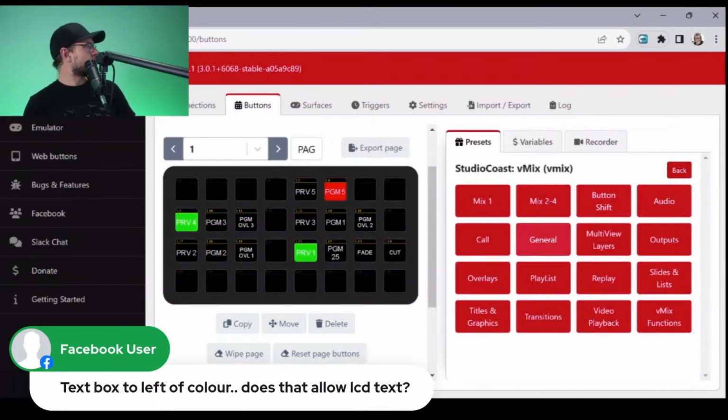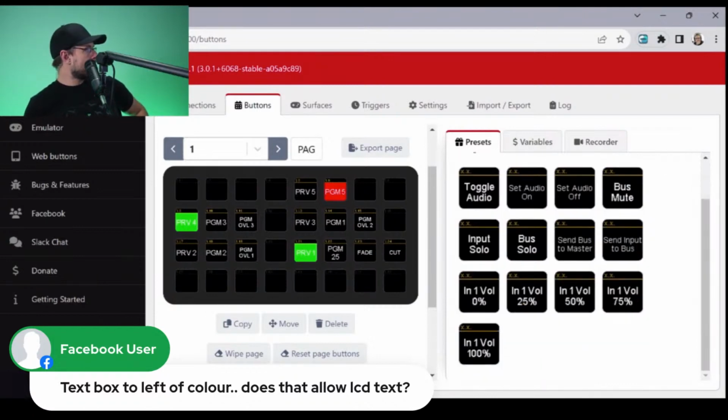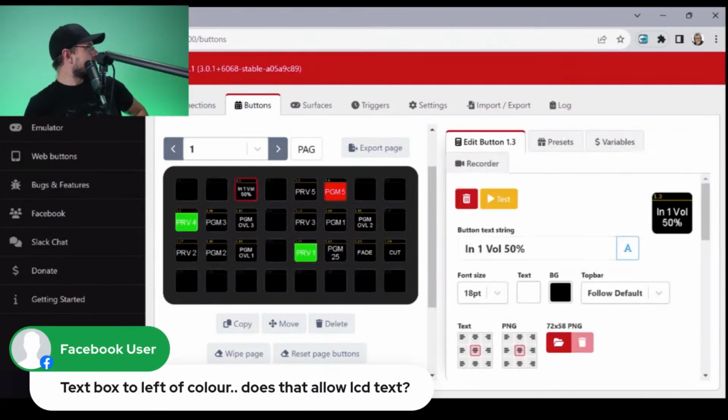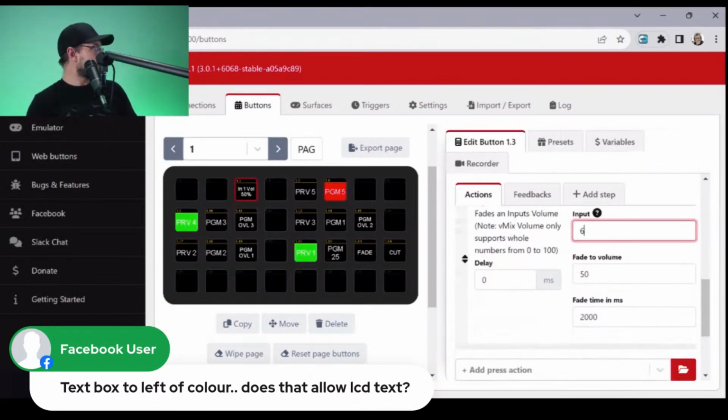Just look in audio one more time. Toggle audio. Increase volume by 25%. Is this a gradual? Because my increase... fade to volume. Is this what I want?